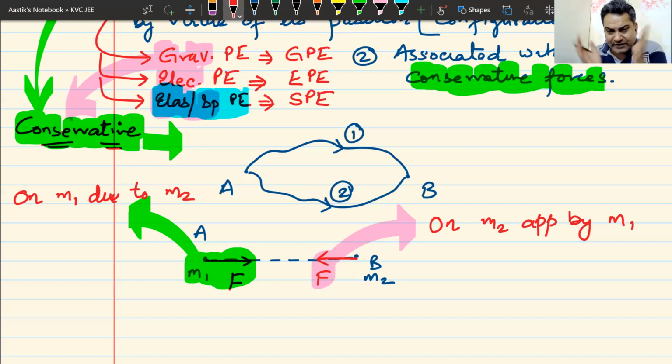So wherever there is a conservative force, how does this conservative force work? These conservative forces are also known as field forces. We did not use this term before. We are going to use it now. These forces are also known as field forces because they work by the concept of field. And what is a field? A field is an area in space where other bodies will experience force. So I am block M1. I am creating a field around me. Okay, now this is my field. Whosoever comes inside this field will experience my force. That field is known as a gravitational field.